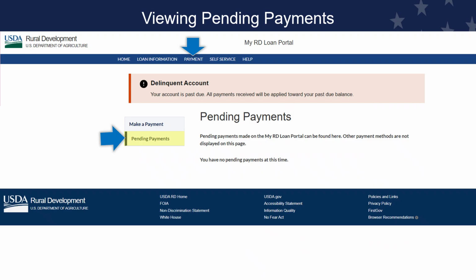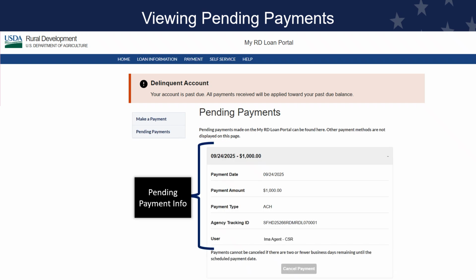To view a pending payment, access the Payment tab, then click Pending Payments. When there are no pending payments, the screen will display a message that states you have no pending payments at this time. If there is a pending payment, click the plus sign to expand the payment's details or the minus sign to collapse them. Here, we can see that the payment is pending to post on September the 24th, 2025